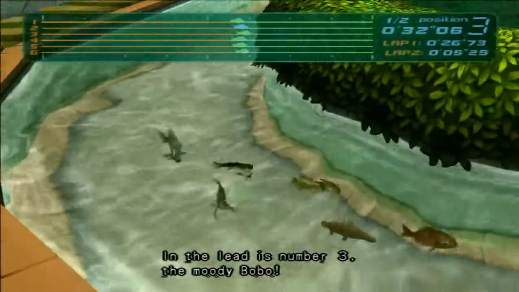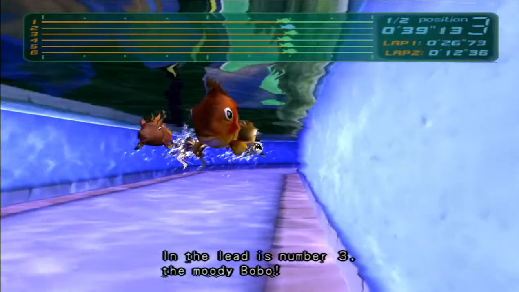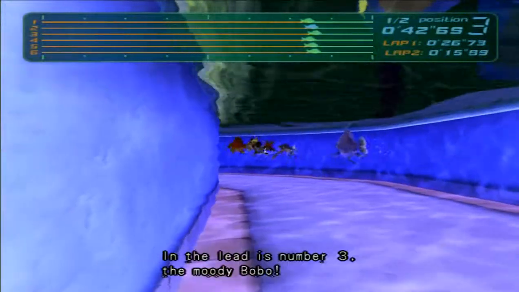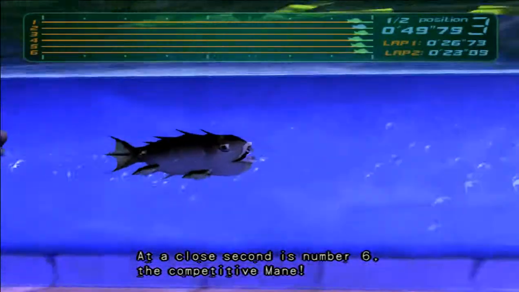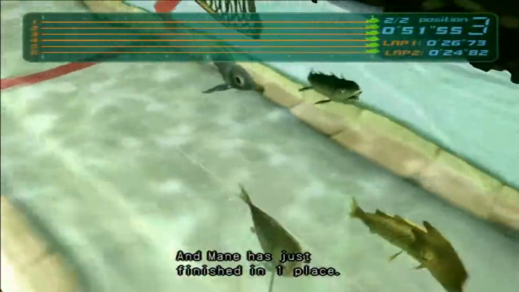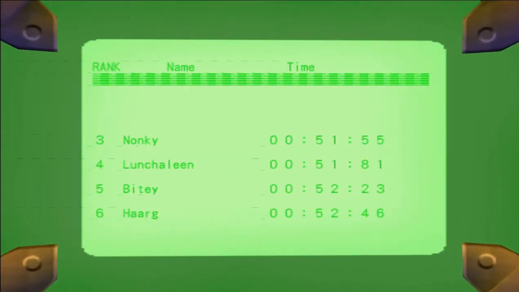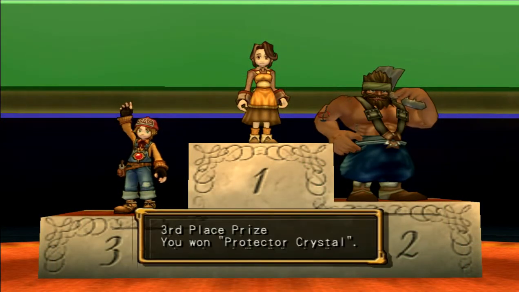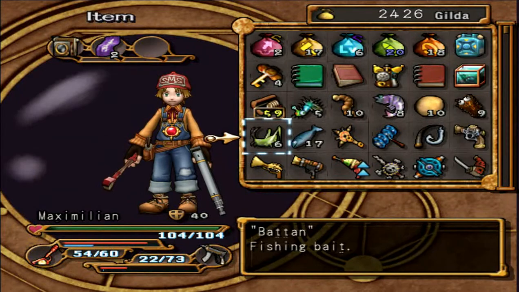Come on, you can take him. You can take him. You can't take them, can you? Ah, I might even lose 3rd here. That would be annoying if I lost third position. Well, third is good. I will accept third from that. I don't know what the prizes actually are for this, because I never ever bothered trying to win this. We weren't that far behind, all in all. Damn you, Borneo! We get a protector crystal. Hardly worth it. Still, I might actually continue doing this for a